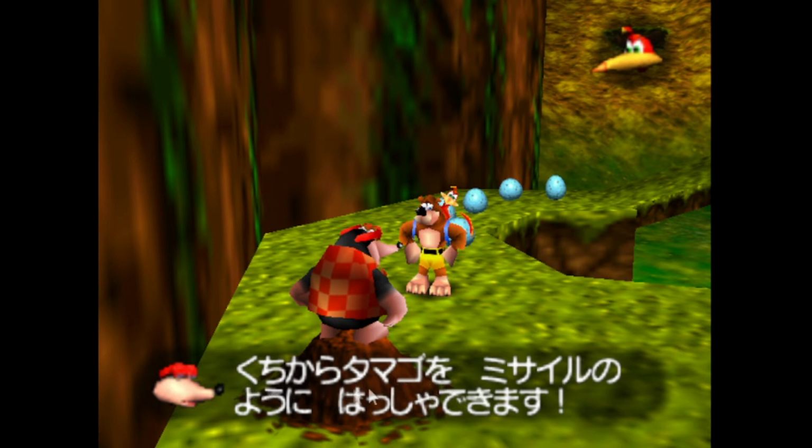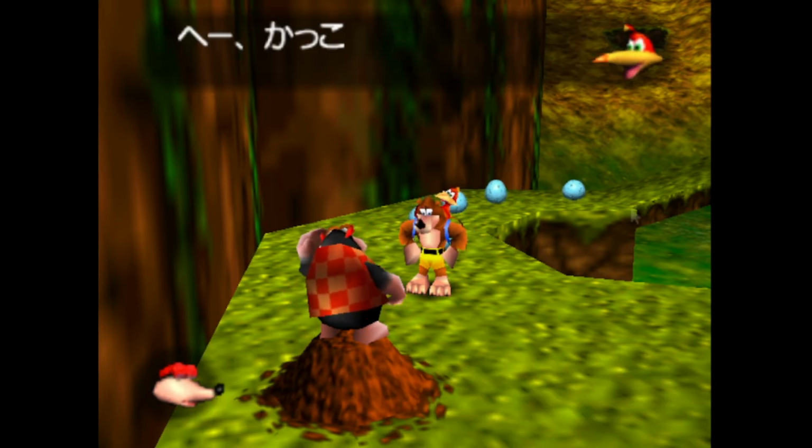Tamago o, an egg. Misairu no you ni, in the form of a missile, or in a similar way to a missile, I suppose, is a good translation. Hassha is to fire, and then dekimasu is just the potential form of suru, isn't it? So you can fire eggs like a missile from the mouth if you press C up whilst holding Z.